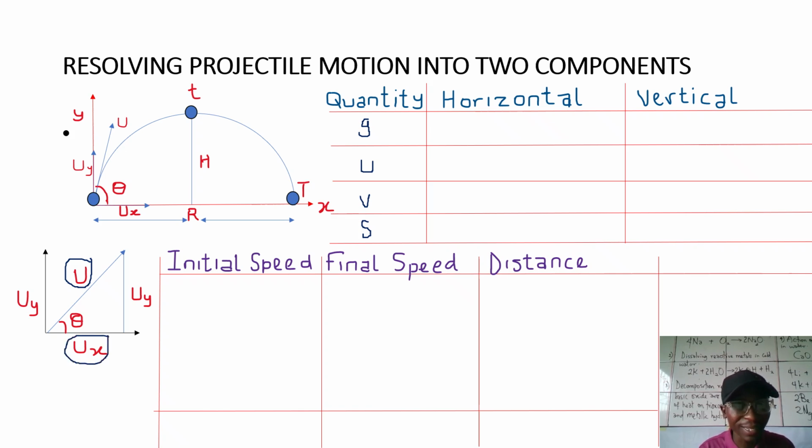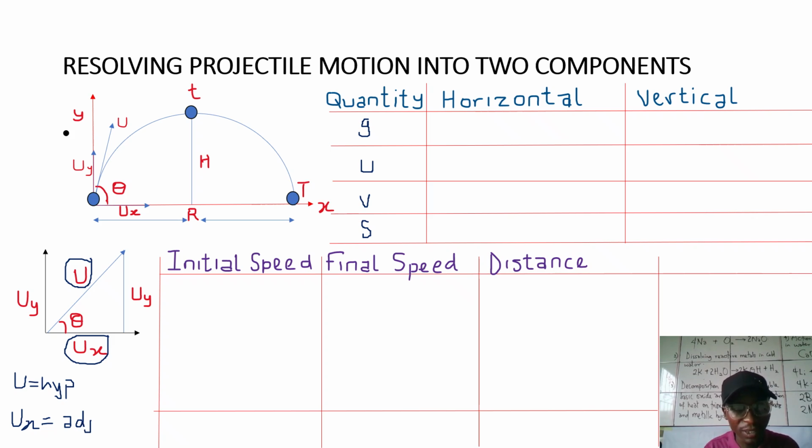Then the next question we ask ourselves, because this is a right angle triangle, what does our u represent? Actually, our u represents the hypotenuse side, because that is where angle 90 is facing. Then what does our ux represent? Our ux represents the adjacent side, that is where nothing is facing. Then the next question we ask ourselves is which function of our SOHCAHTOA connects adjacent and hypotenuse, and that is actually the cosine function. So we can now say that cos theta